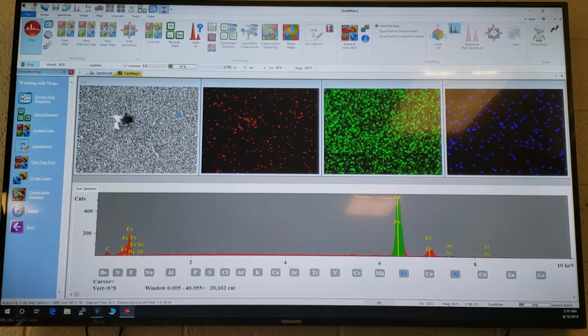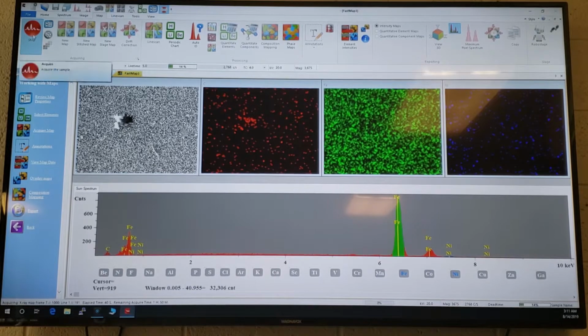I mean, the sample is mainly iron. Now we're starting to line up some of the carbon over here. That's where the glove is. Yep. So if I hit stop, because I don't feel like waiting for 1,000 sweeps, you hit stop, and then as you follow the flow chart,